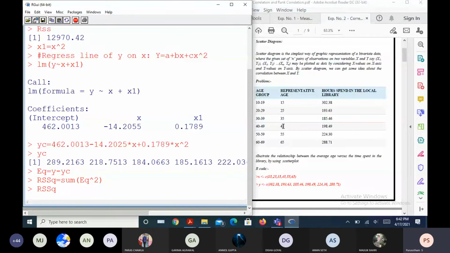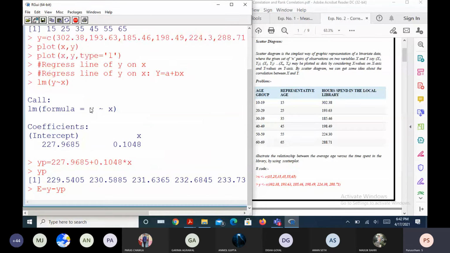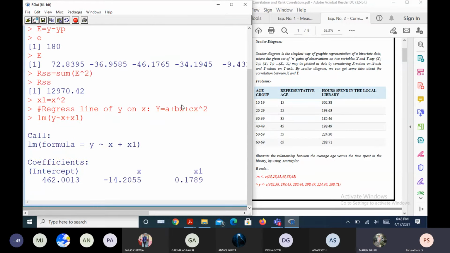Did you understand what I have done now? I assumed that linear relationship may be better. So, I have gone through this linear model, which is already available in the default syntax. So lm of y is similar to x. Okay. Then, sir, what's the meaning of linear model? Linear model is assuming linear relationship, right? Okay. But then we use the same function for the quadratic one as well. Why am I taking this? Is it not the linear combination of 1, x, and x square? Have you heard about the linear combination?